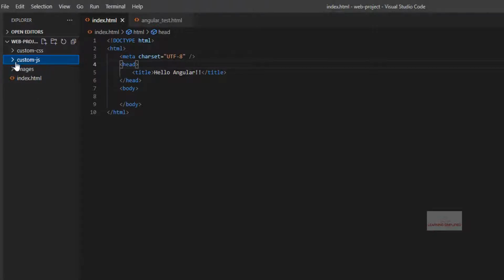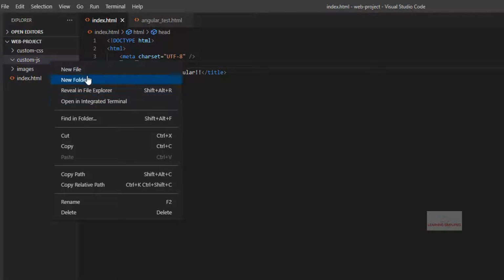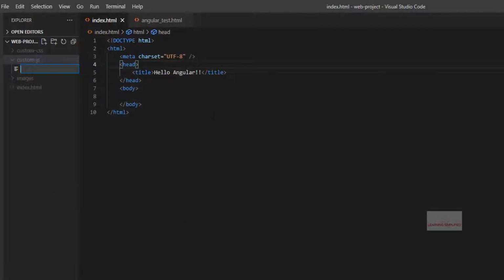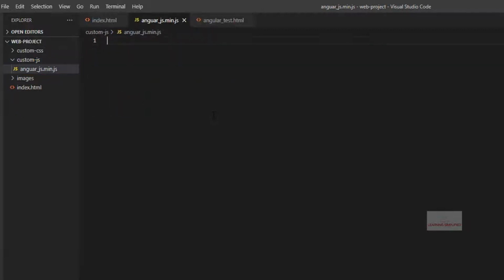Now all we need to do is create a new file, which we will be naming, actually not custom.js, it will be known as AngularJS.min.js.